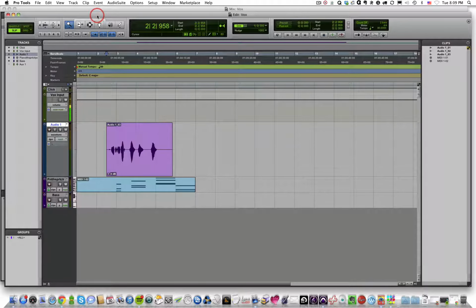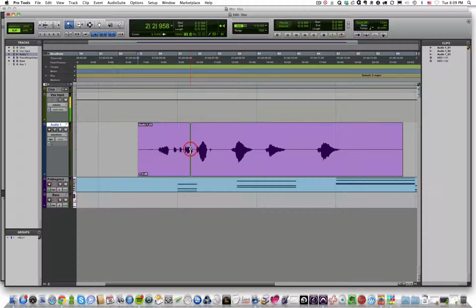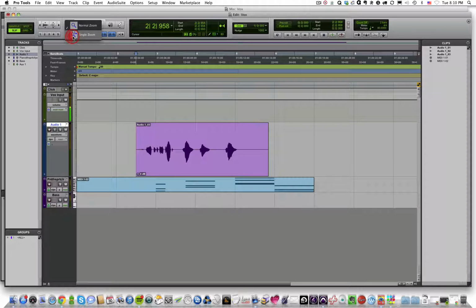There are two different modes that you can select using the zoomer tool. The first is called normal mode. You can access it by just pressing and holding on the zoom button. And the second is single zoom. Normal zoom allows you to zoom in and out on a particular audio or MIDI clip by just clicking with the magnifying glass. Single zoom allows you to zoom in on a particular item, and once you have done zooming